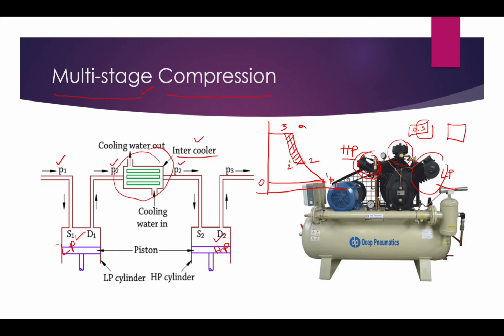So to reduce the size of the cylinder also, we have discussed that. Suppose the displacement will be higher as the compression ratio, or the delivery pressure, is more. This displacement of piston from bottom dead center to top dead center will be very high. This causes balancing problems, hence multi-stage compression is also used. So by using 2 cylinders, the displacement will be less and the pressure we can get will be high. For that purpose also we use multi-stage compression.